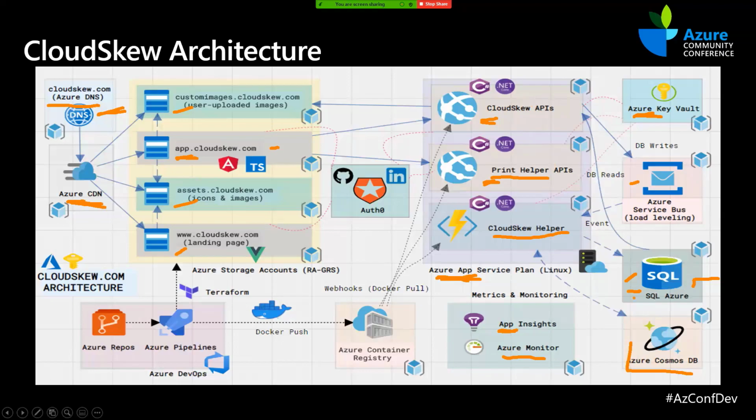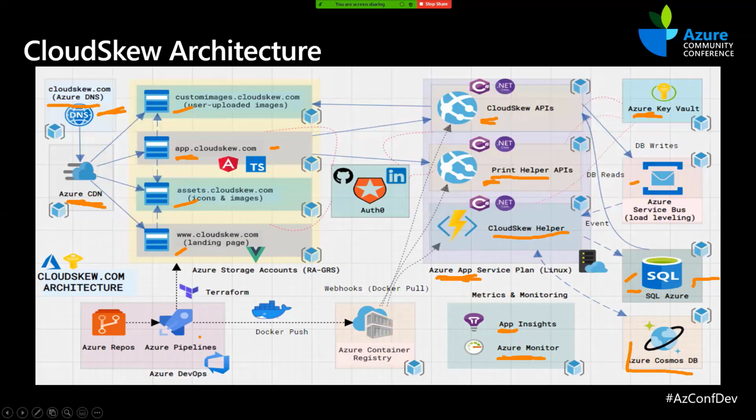Or if the DB, this is a DTU based database, has DTU utilization that spikes beyond some threshold, we definitely want to be alerted. So a whole bunch of metric-based alerts have been set up in Azure Monitor.